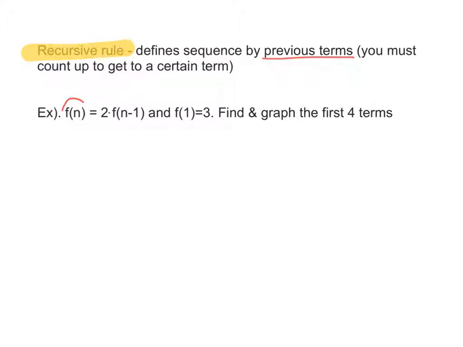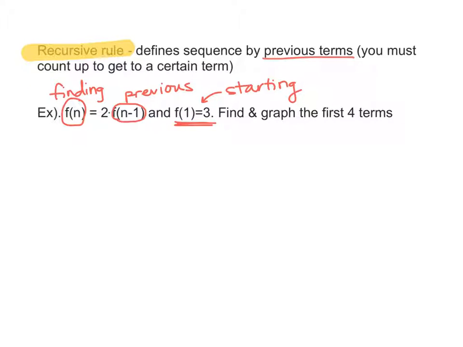So pay attention just to some notation things. First of all, this is the term that we're trying to find. So f of n is the term we're finding. F of n minus 1, think about minus 1, that means we're going backwards. This is the previous term, and it's the term we have already found. And you'll notice here, they don't just give us a rule, they also tell us where to start. So f of 1 is our starting point,